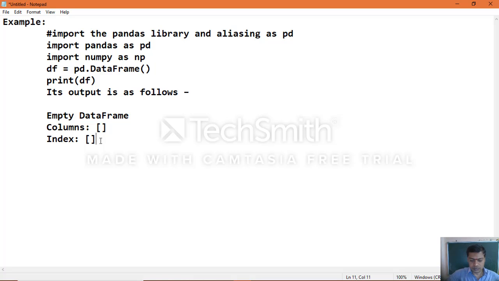Now we'll see how we can create the data frame with the help of a 2D dictionary.